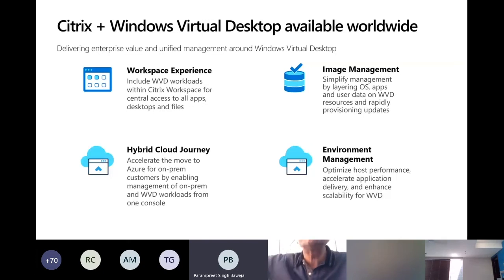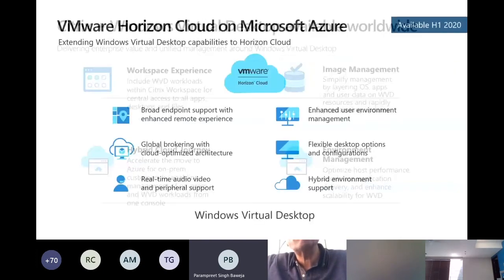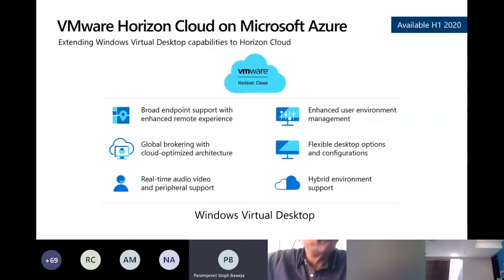Similarly, talking about VMware, all of you would have heard about VMware Horizon Cloud. Key value adds include again hybrid support from VMware, simplified management through a single management plane, and user environment management also through that single plane itself. You can use that management plane to control who the users are. You can integrate it back with Active Directory, and you get a GUI which is very comfortable to use, and support for multiple protocols.